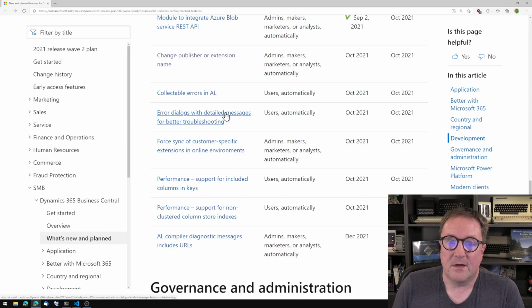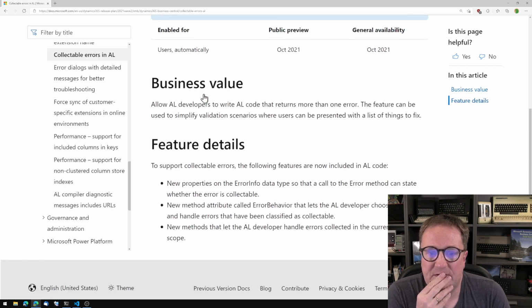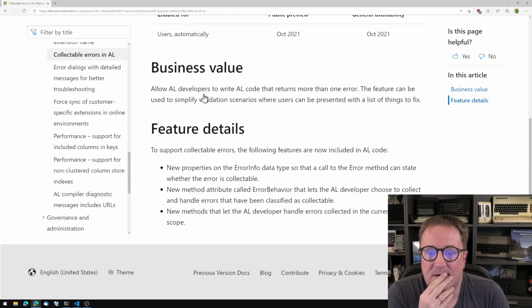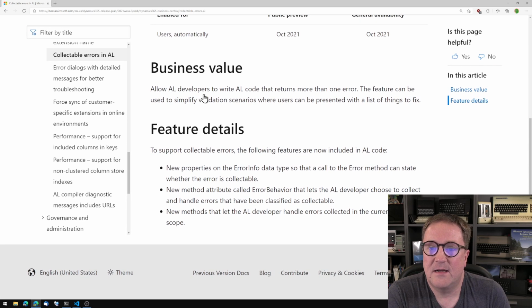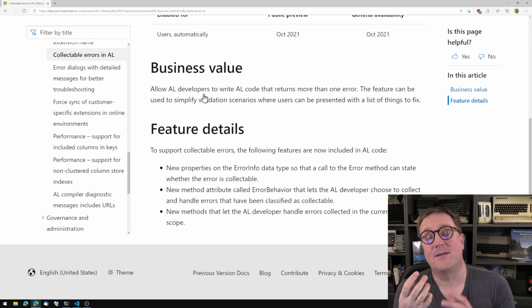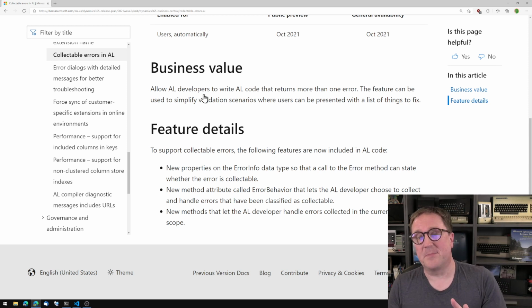Here's a big one: collectible errors in AL. And I've been trying to wrap my head around this. So the idea is that your code can throw more than one error. And I think this is very interesting because,